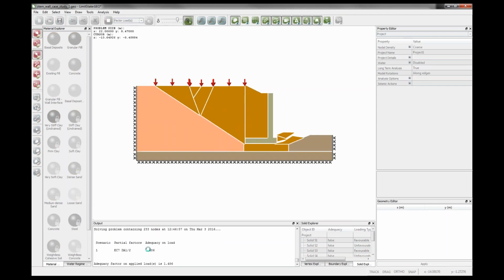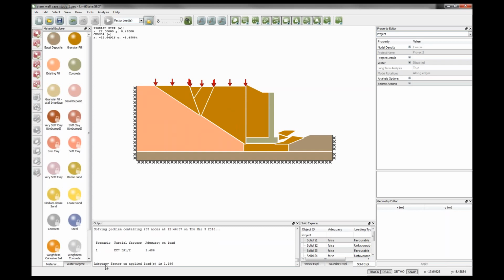And I've still got a decent margin there. So I have additional capacity. So I might say that's a solution I'm happy with. Obviously, we've gone through a fairly simple process here. And at the end of the process, having started with that DXF diagram, created some materials, I can get a